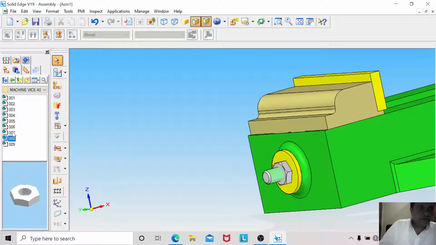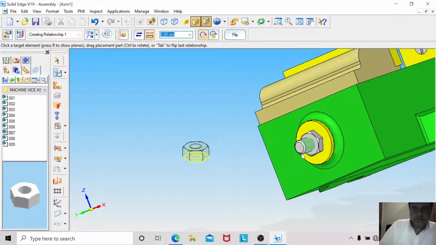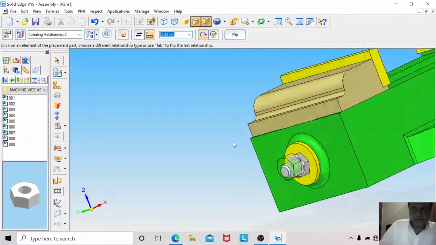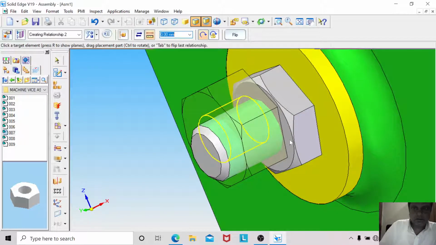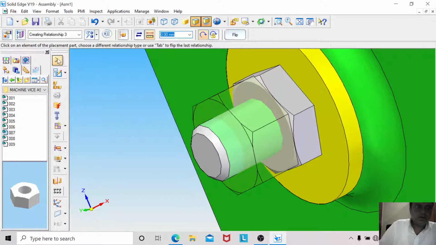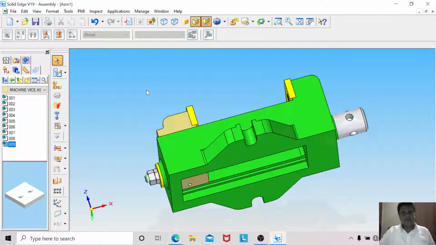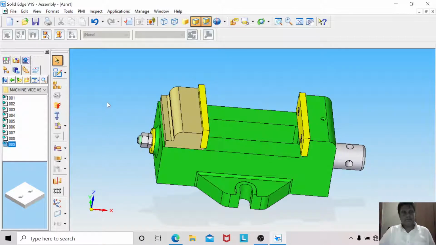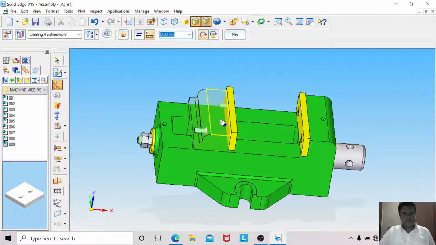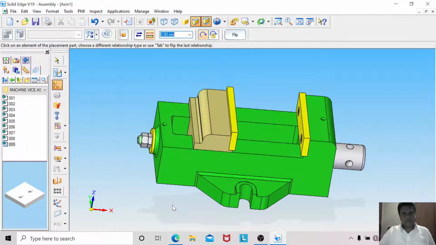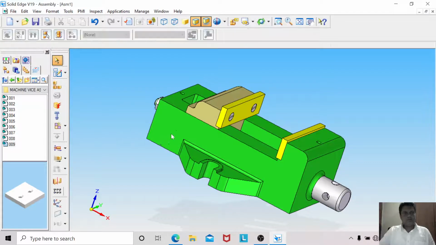Okay, now bring 7, that is another nut, and then mate this and align this. So the last part is this clamping plate, which is coming, the clamping part. Just hide this